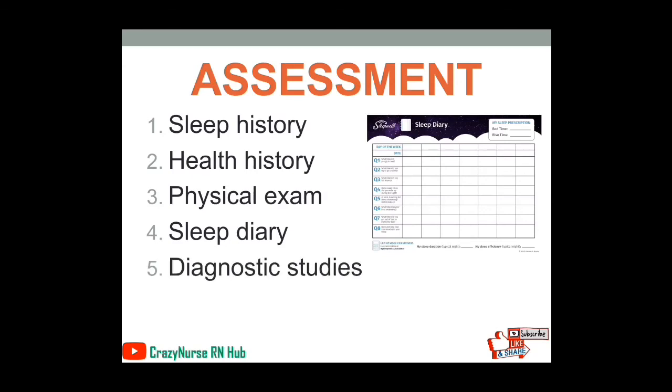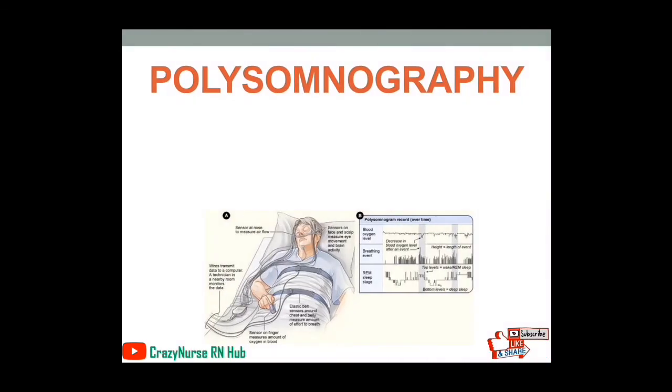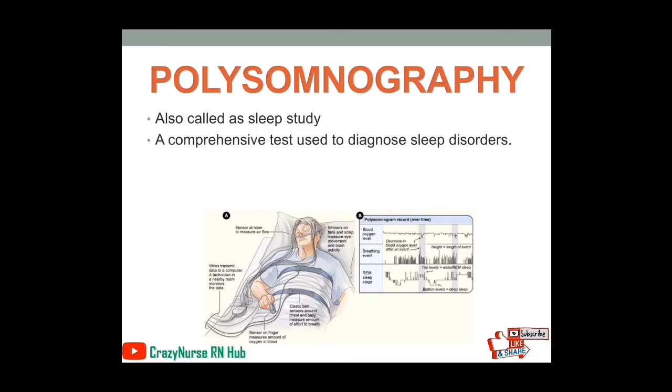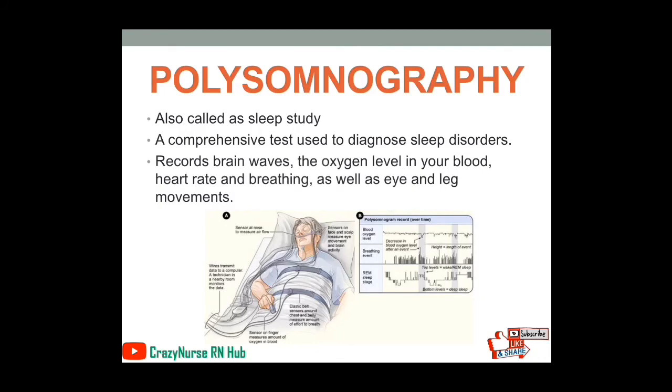Next is diagnostic studies. Sleep is measured objectively in a sleep disorder laboratory by polysomnography. So let's discuss polysomnography. It is also called a sleep study, and it is a comprehensive test used to diagnose sleep disorders. And it records brain waves, the oxygen level in your blood, heart rate, and breathing, as well as eye and